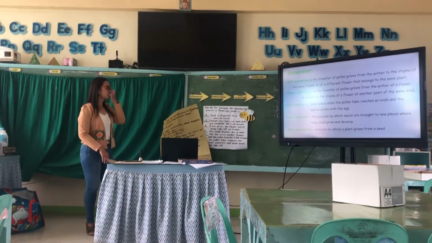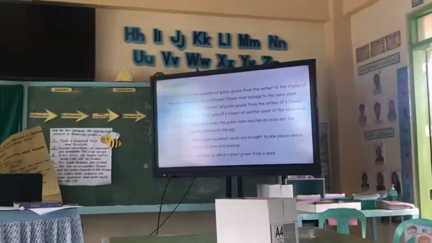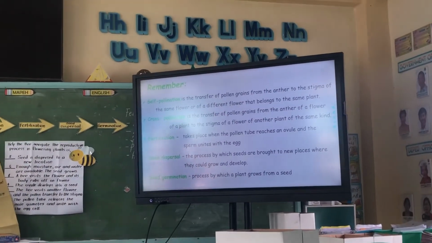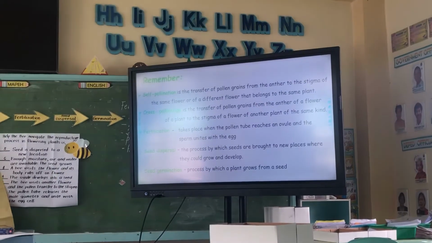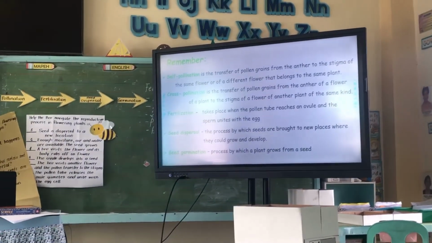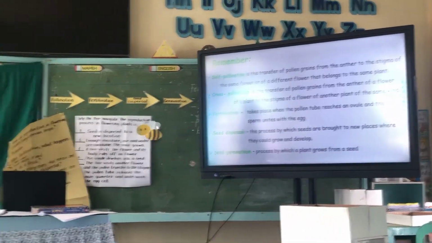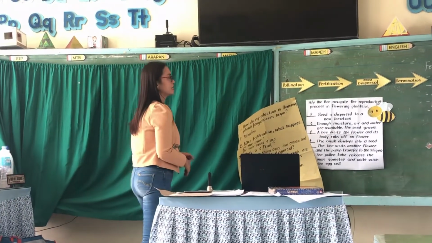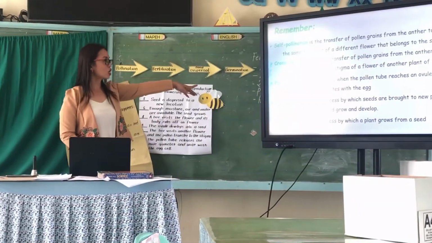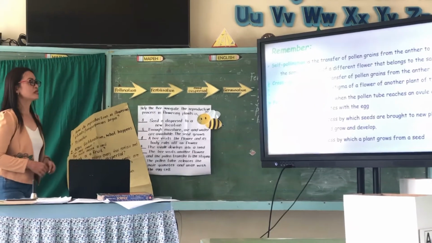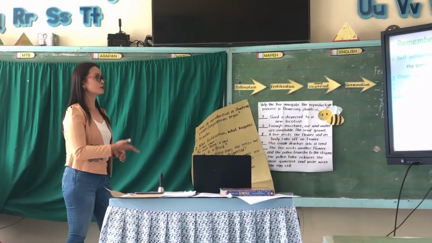What kind of reproduction if a plant grows from seed? Sexual reproduction. That's correct, Chris. Okay, then fertilization takes place when sperm unites with the egg, and seed dispersal is the